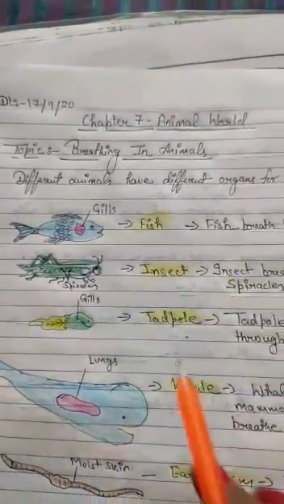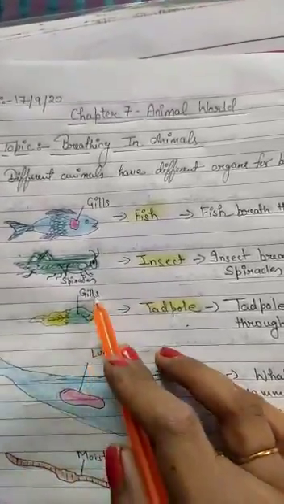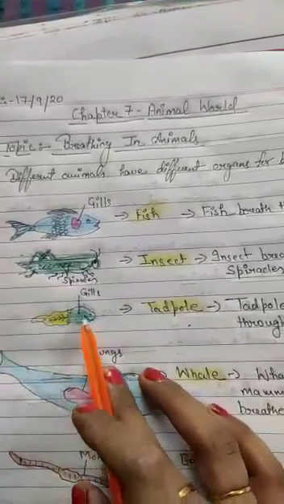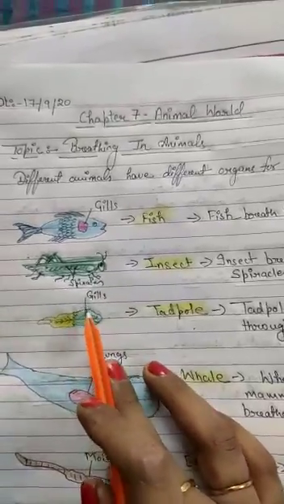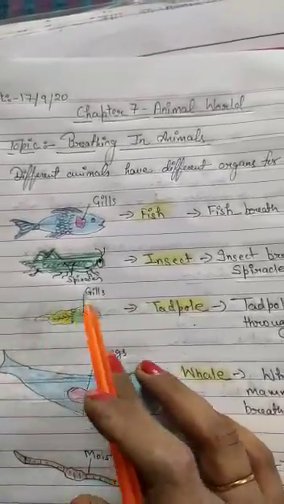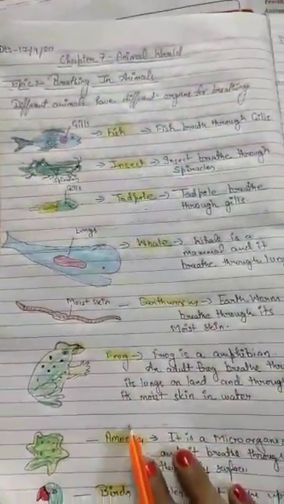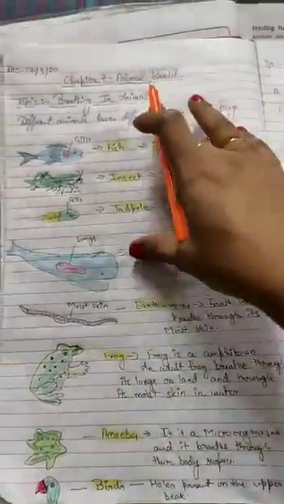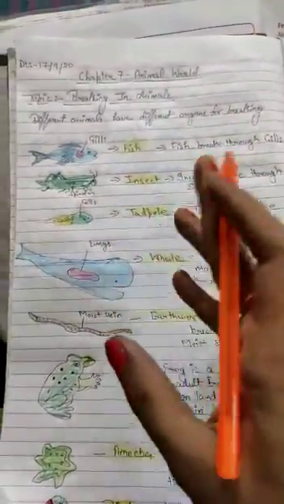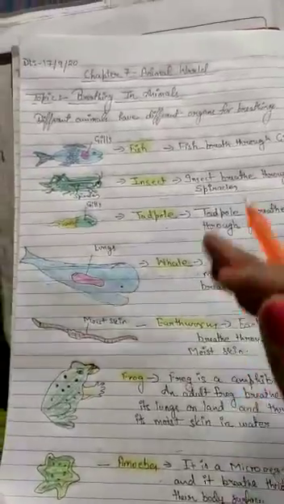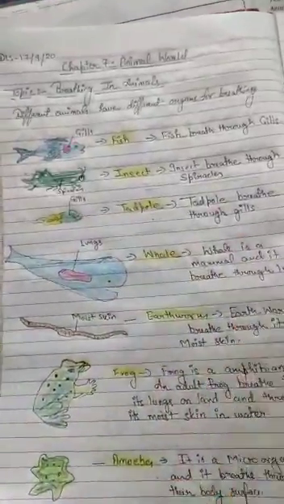Fish is clear to you all. Tadpole. Tadpole also performs the breathing process with the help of gills. Gill is also present on the side of the body of the tadpole, and in the same way, when the water flows over the gills, they absorb the oxygen from the water and release carbon dioxide. So I have made this diagram for you all. With the help of this, you can understand in an easy way what organ is used by different animals for breathing. So first we will read the topic and then with the help of this diagram, we try to understand the topic.